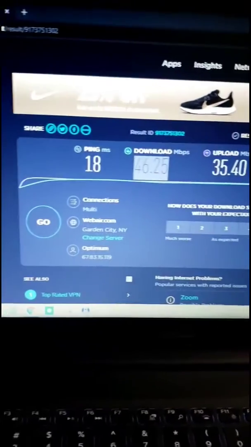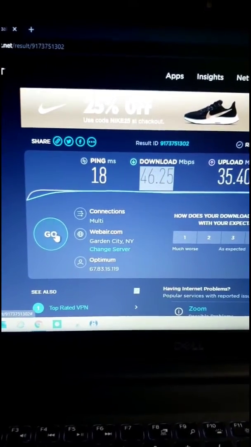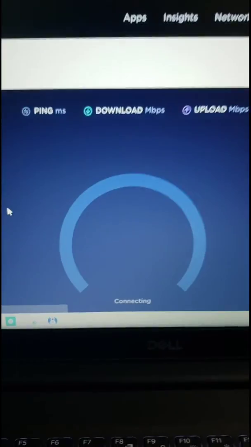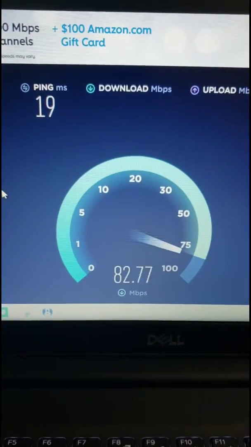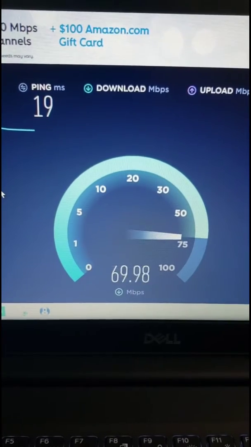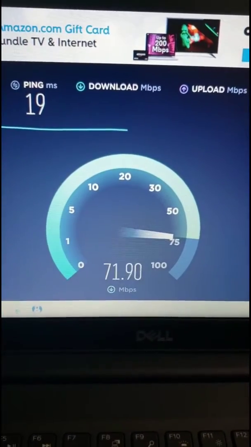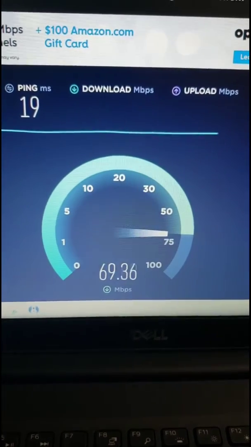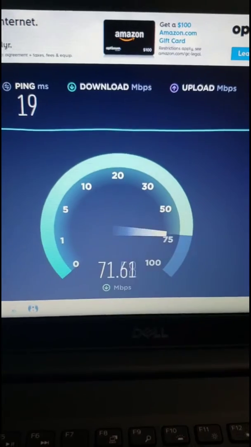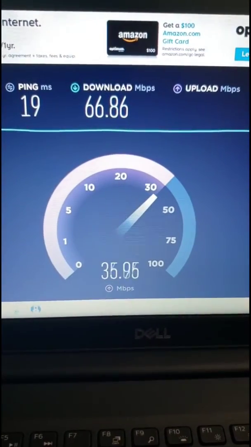All right, we are back here. We're gonna stay on our website, and we're gonna try to do one more test. And now we will take a look at the difference after restarting the router. So luckily for us, our internet improved. Not in every case will the internet improve this much. In some cases you're gonna see a huge spike in terms of the internet speed, and there are a few